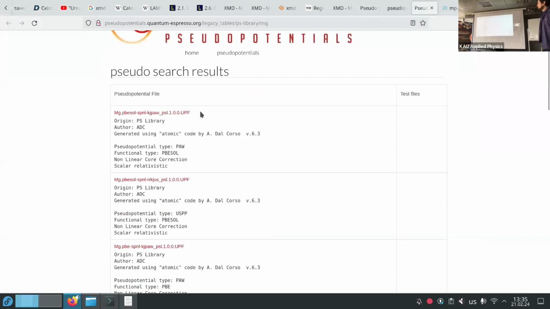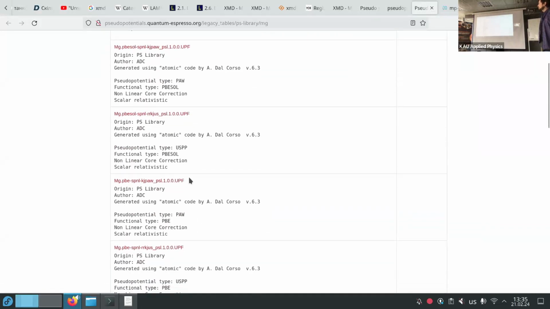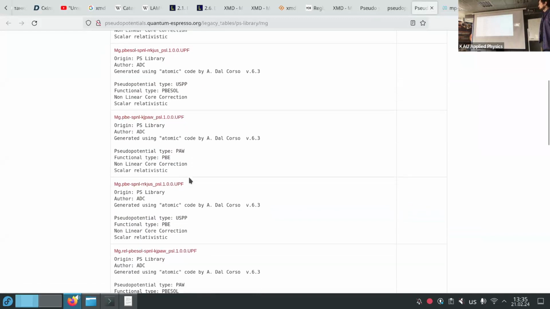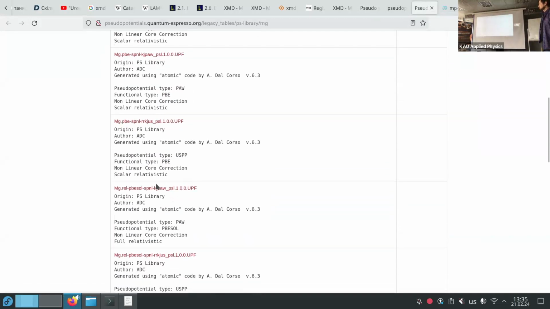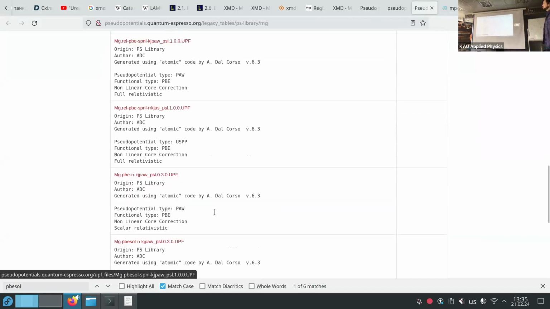Yeah, you choose PBEsol pseudo potentials for boron and for magnesium. Yeah. So, what's SPML? It means what orbitals we use. So it's okay. Now we use scalar relativistic.